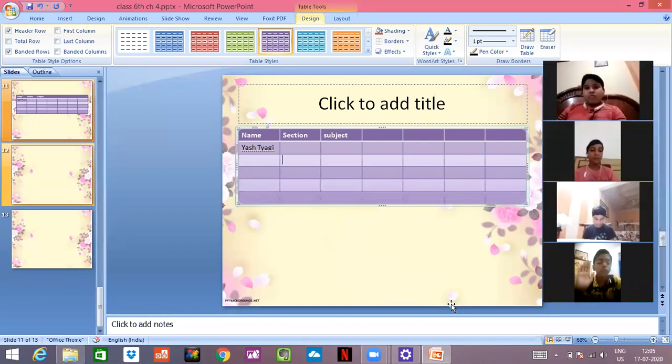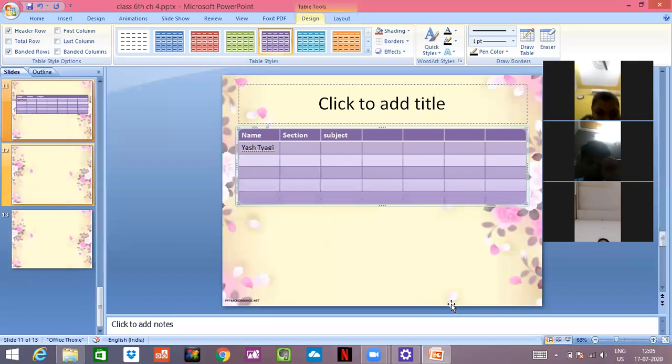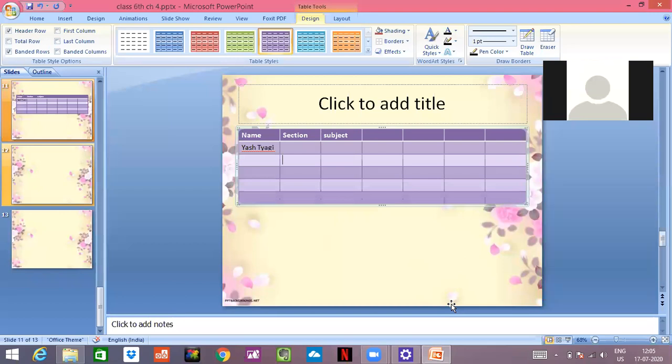And Siddharth, raise your hand if you are able to understand. Okay, Mayank, I can see your hand. Rudraksh, if you are able to understand, raise your hand so that I would be knowing. Rudraksh Bharadwaj, raise. Okay, good. Divan, raise your hand if you are able to understand or I explain it again. Okay, good. Viraj, raise your hand if you are able to understand. Kavish, I can see your hand. Okay, I can see Shan Salim's hand. Anushka, I can see your hand.